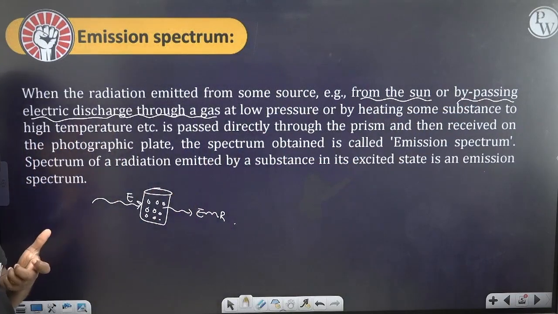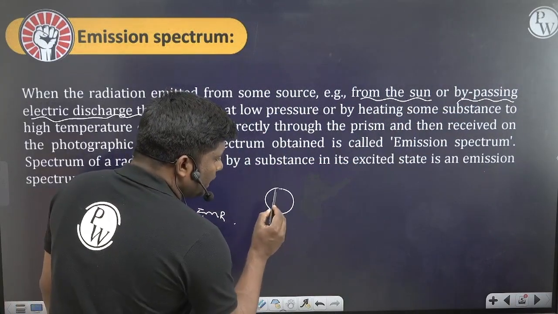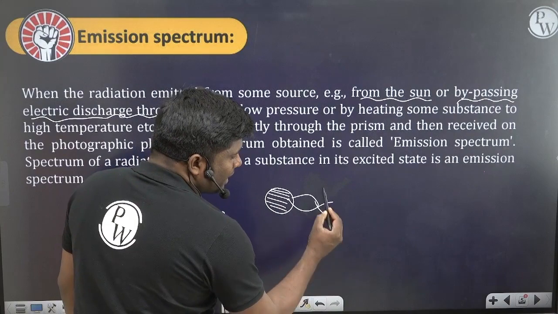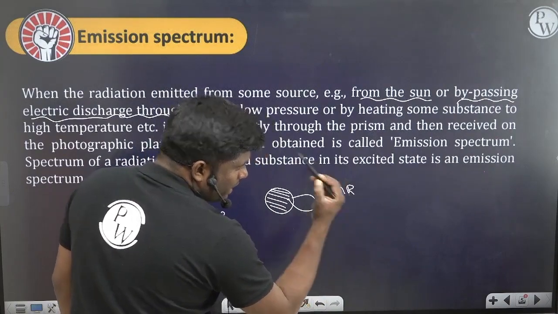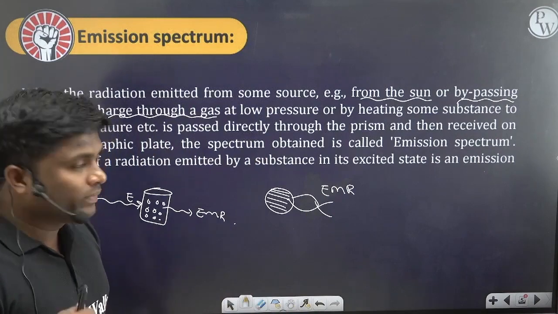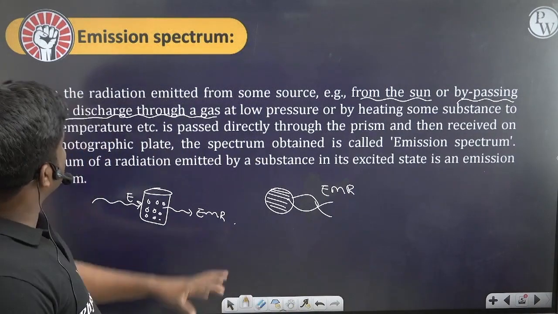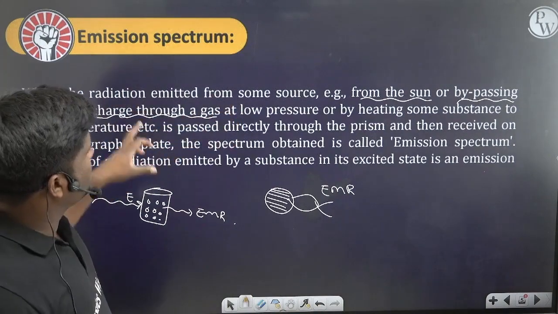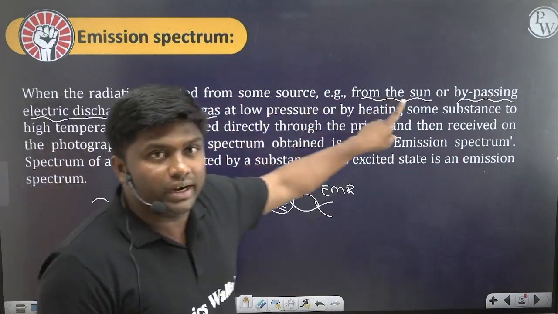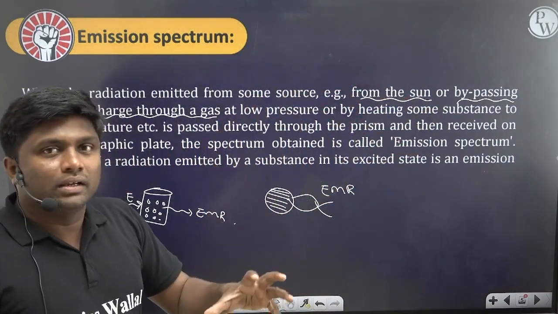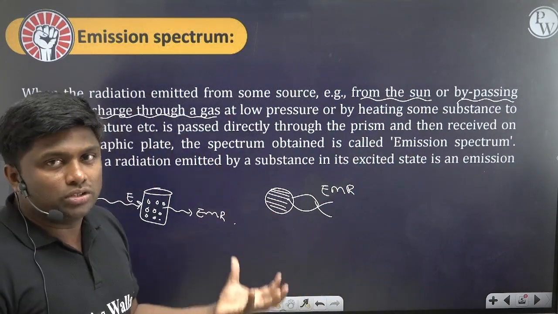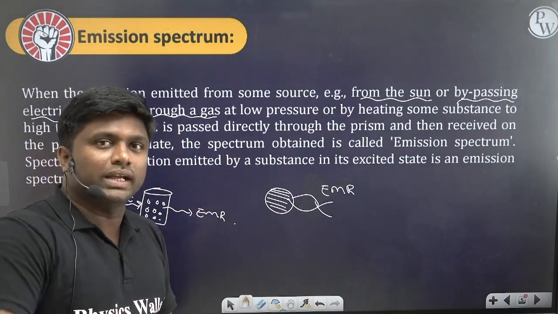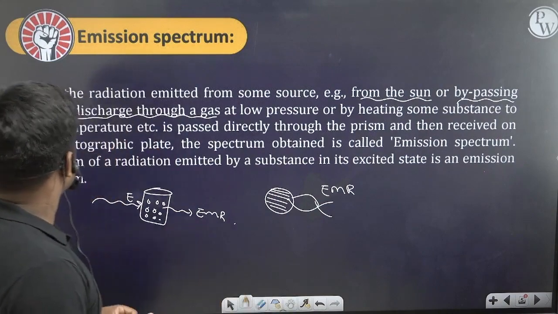to high temperature. Any one substance, we said yesterday, what is it? Iron ball is heated to red hot. So it generates what? Electric field and magnetic field. It will be generating what? Electromagnetic radiation having certain frequency and certain wavelength. So if you do any of these things, when the radiation is emitted from the source, what is emitted? Radiation is emitted. Now from the sun radiation is emitted. And if you pass electric current through gas, it also emits radiation, or else if you heat a substance, that substance will also produce radiation. So when we do this, what happens is,